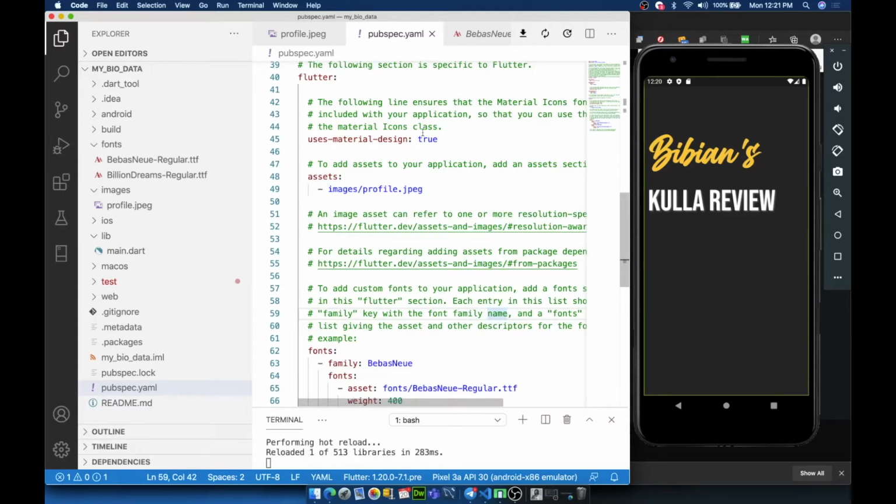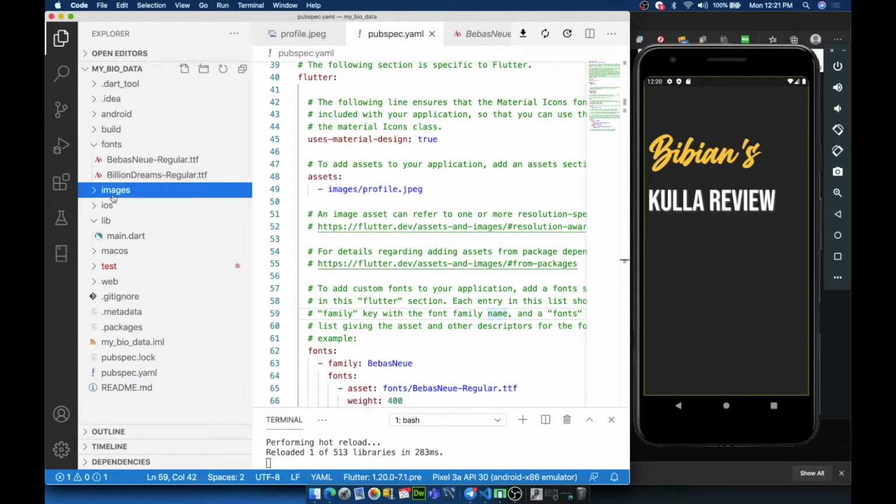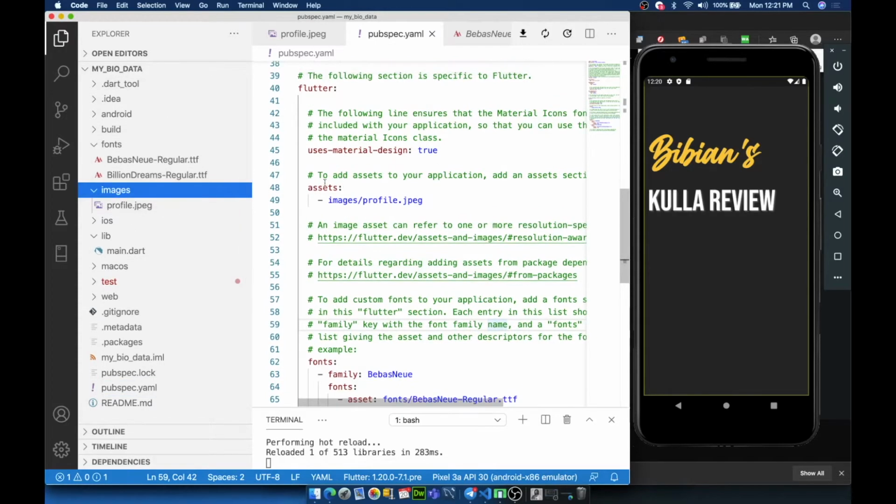Let me know once you've done this. Once you've created this folder images and copied your file there, go to your pubspec.yaml, go to line number 48 and uncomment this block. Once you've uncommented, add this there. Like to images, add this profile.jpg file there. I want you to add a reference to this file there. If you are worried about the indentation, just look at line 45. Make sure that the indentation is the same. Make sure it falls on the same line. Let me know once you have finished this step.